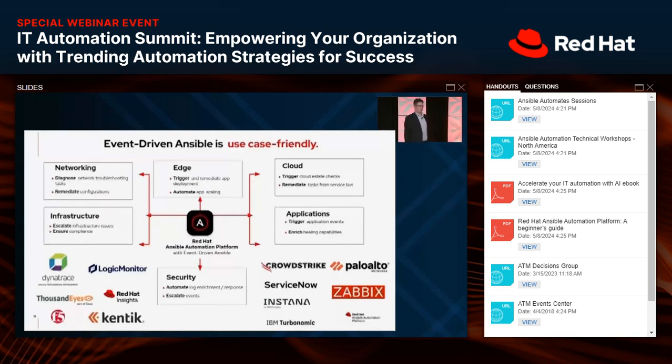And the answer is, I like to turn it around. I said, well, you would use EDA when you want a common tool across your environment that's vendor agnostic, that can connect your observability with actions in your environment. Okay? There are lots of tools that do better than Ansible at lots of different things, but they tend to be very focused on their use cases.